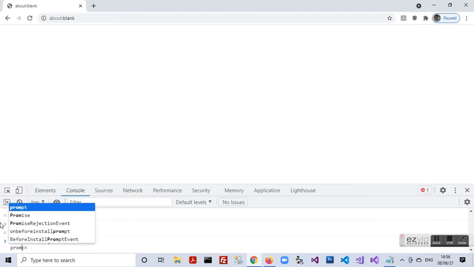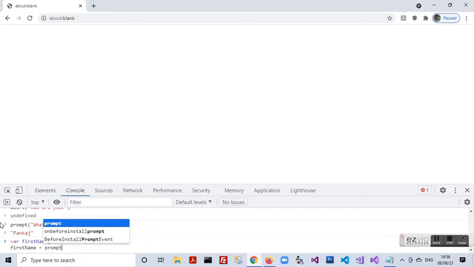And after typing this command, we again press shift plus enter to move to the next line. Here we are storing the value entered by the user in the variable firstName.